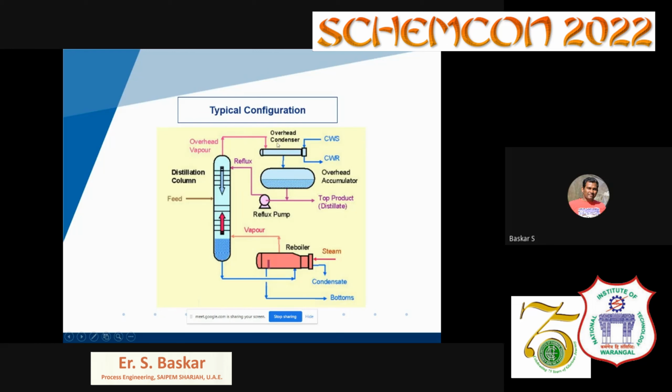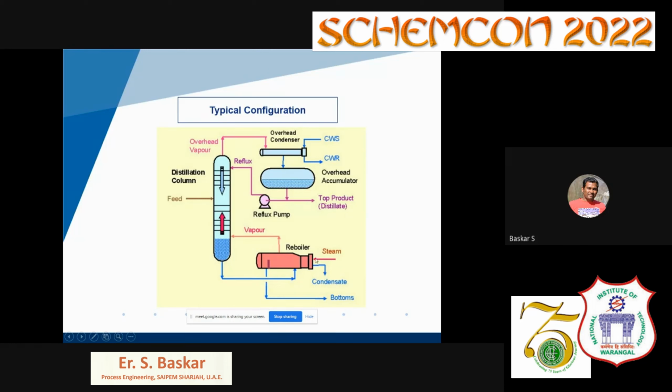And the total vapor will be condensed, and the liquid will be sent back to the column as a cold reflux, and part of the liquid will be withdrawn as the top product. And in the reboiler, it can be heated by either steam or hot oil, depending